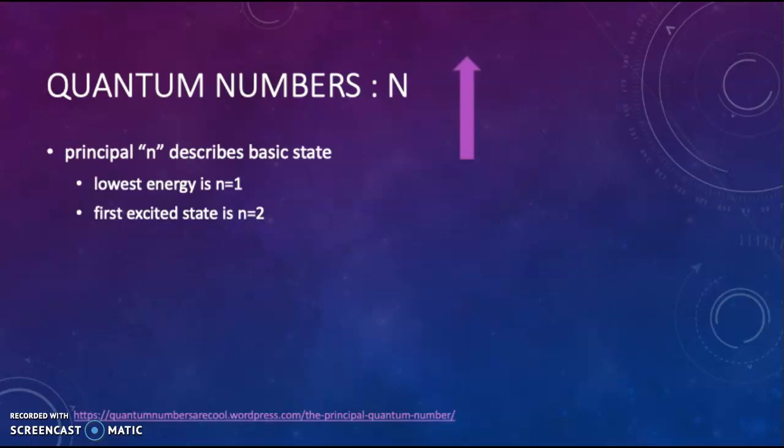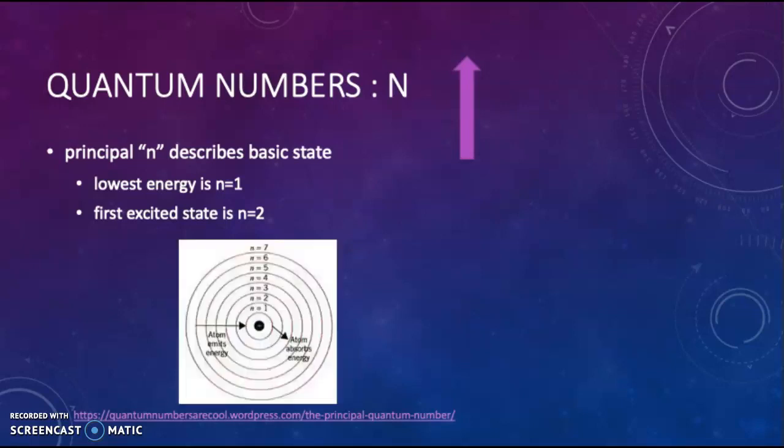Each principal quantum number corresponds to an orbital, which is also called a shell. Shells with a lower n value are closer to the nucleus and therefore lower in energy. These excited states with higher values are farther away from the nucleus, and those electrons are a little higher energy. This is a demonstration of the shells. As you can see, the lower values are close to it, but they can be bumped up to the next level